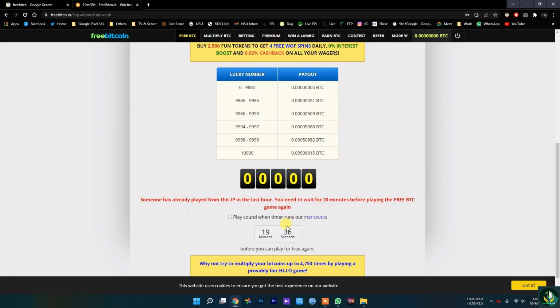But the process is, when you get this from your country or region, it will show you some satoshis. Like at the end, you will see 80, as you can see in here. It will show like if you got this lucky number, this is the lucky number. So if you got something under 0 to 95, then you will get 5 BTC. So if you get this to this, you will get 51, and if you get 10,000, then you will get a huge satoshis.